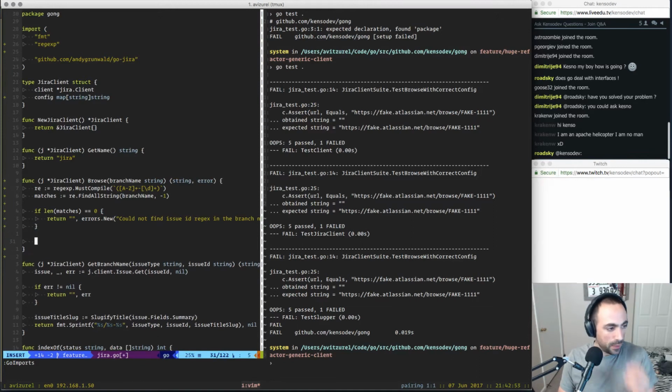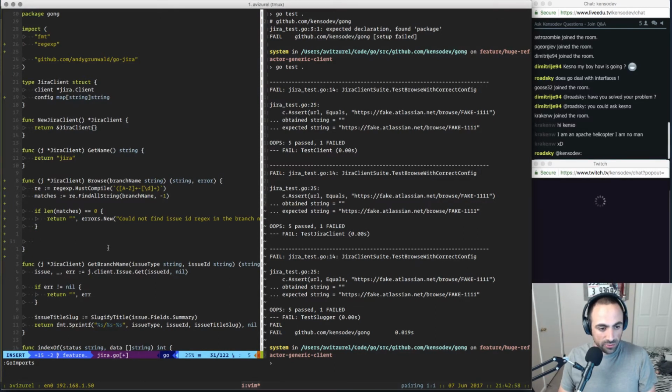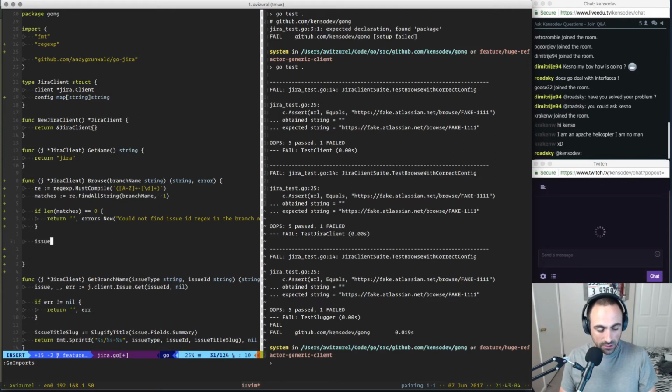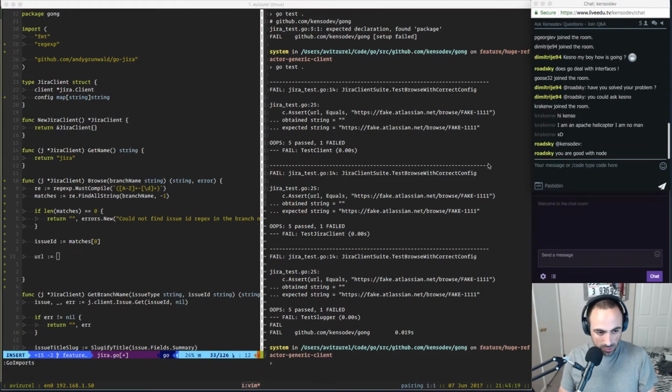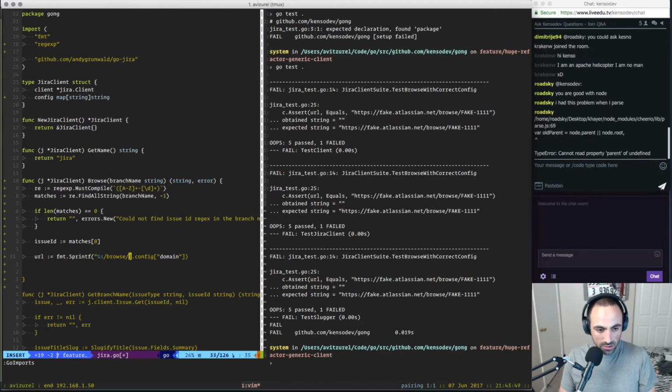Okay. All right. So this is one. And if not, then the issue ID equals matches 0, right? Yep. And then the URL equals to... Yep, Rodsky, what's your question? To fmt.Sprintf. I don't know why that amuses me so much. And then to j.config domain, right? And then this is going to be %s, and then browse, and then issue ID. So j.config domain, and then issue ID,